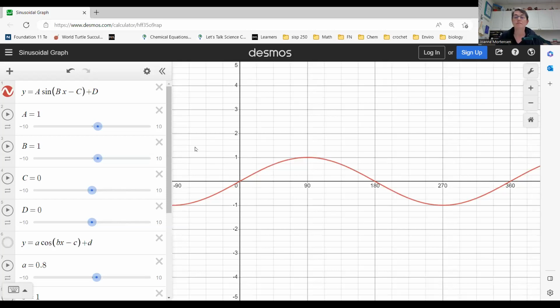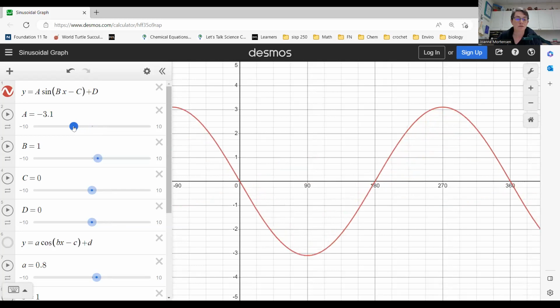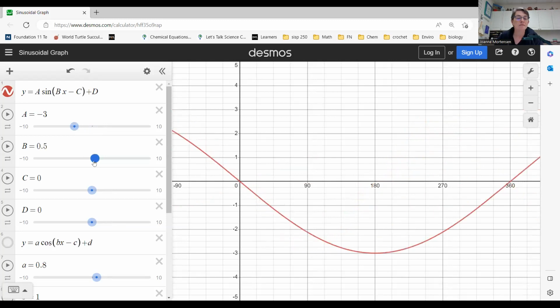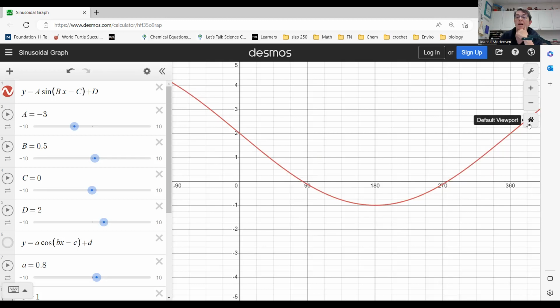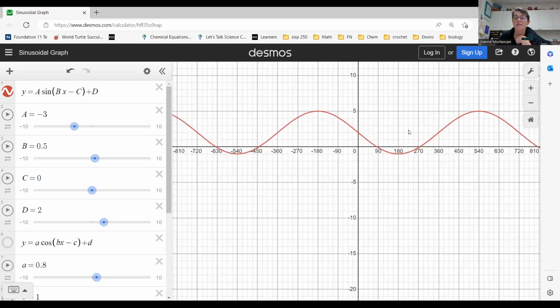All right. So my A was minus 3. Sweet. My B was 0.5. Check. My C. Oh, okay. So you have to actually put the C in backwards here. So it says plus 30, you need to put in minus. Oh, the C is not going to work. It doesn't go high enough. And D was plus 2. Okay, we're going to forget about that part. It really doesn't help us much without being able to calculate the C properly, other than give you your